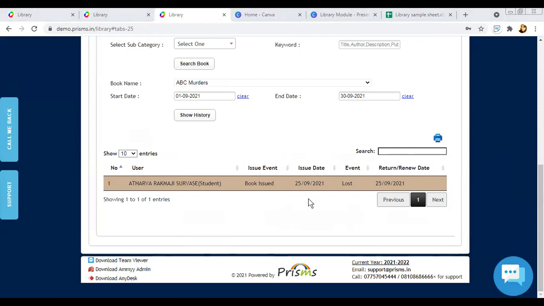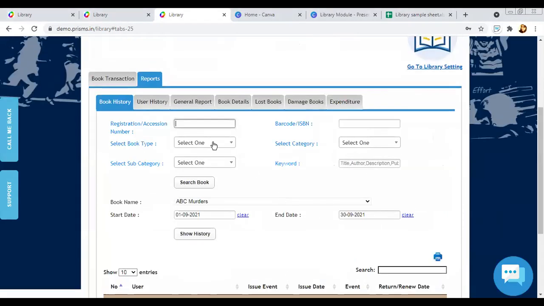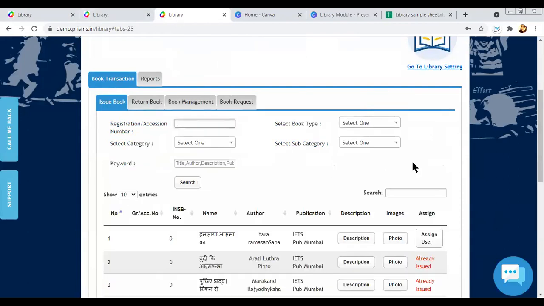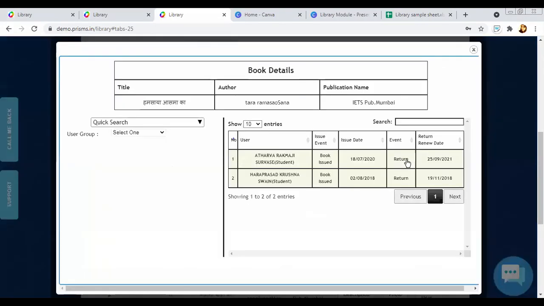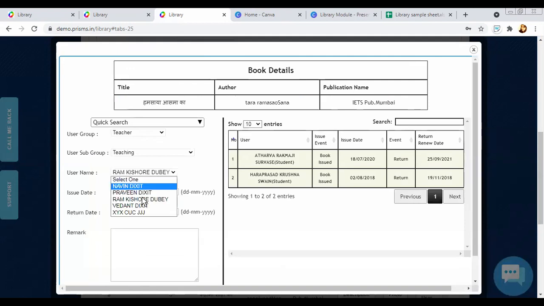Okay, so how to issue book to staff? Can you show that? Yes. See over here, you are able to see teacher. If I select teacher, my screen is visible, right?